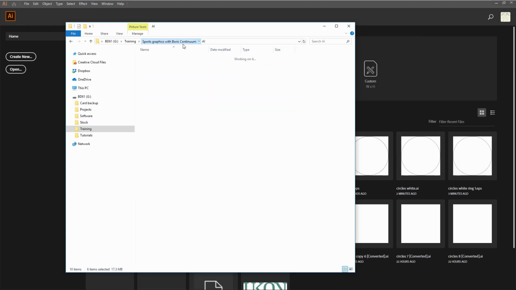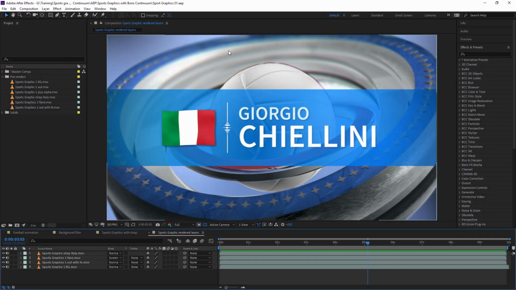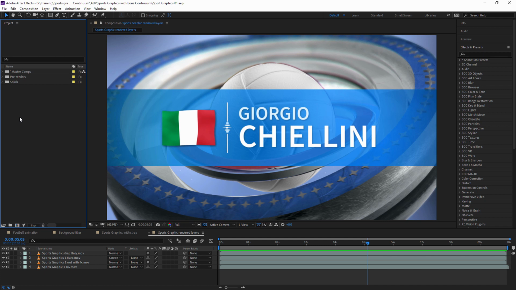So I can cut those. I'm going to come into my EPS bin. Let's get rid of that one as well. Don't want that. And let's just paste these in so that we know where they are living. There we go. Cool. So with that done, we can come back into our host, which is in this case After Effects, and let's start to bring those into Title Studio.